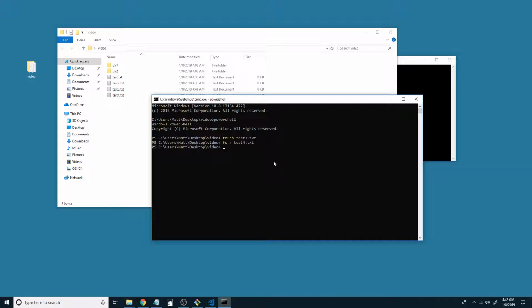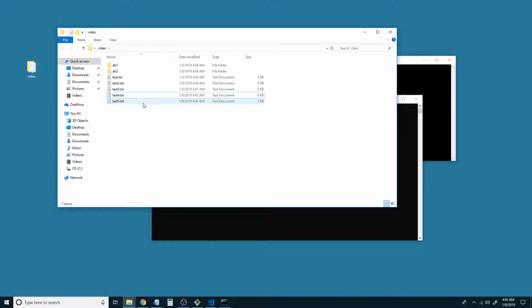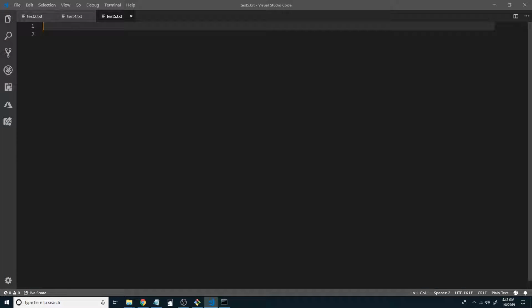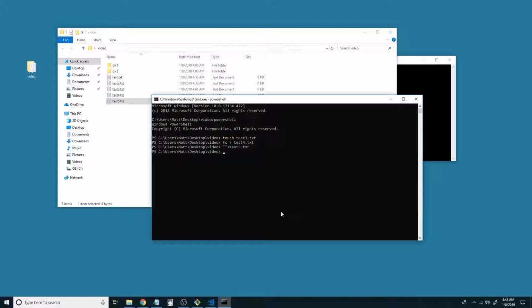If I were to create this with, there's a few options I've seen. If you do like that, and then send that to test 5, see, that's going to create the encoding we don't want, and the carriage return line feed line endings we don't want. So that's a problem. You could also do, like I've seen, null